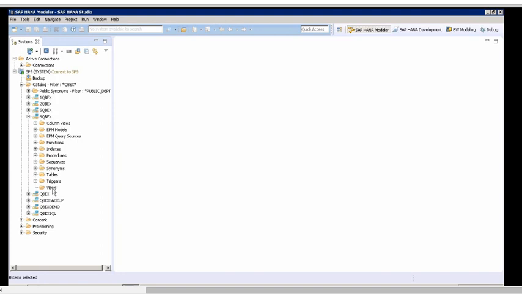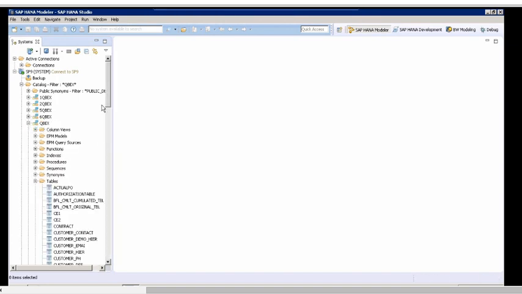Yeah? Okay. Now let me take a scenario. Let's say I have this cubex schema and I have two tables.